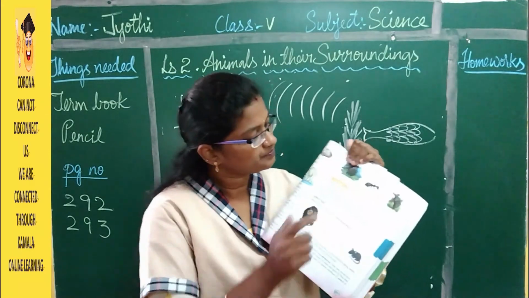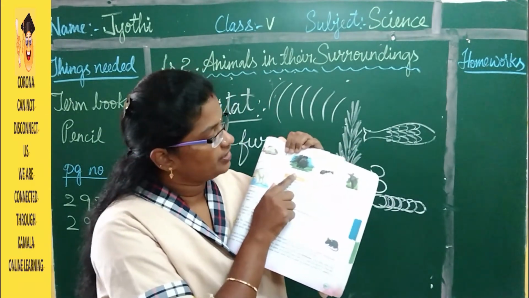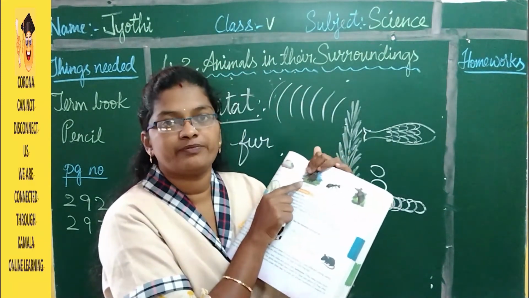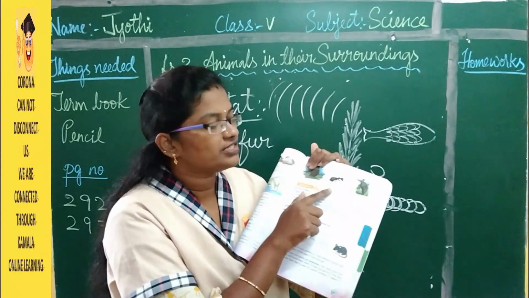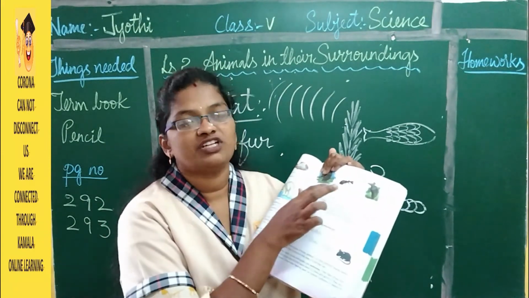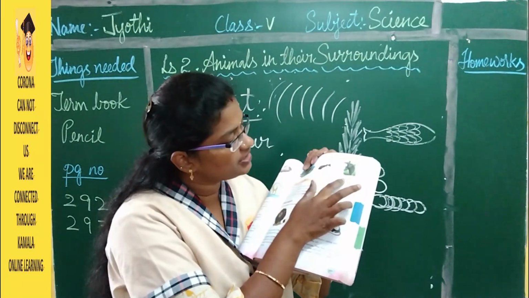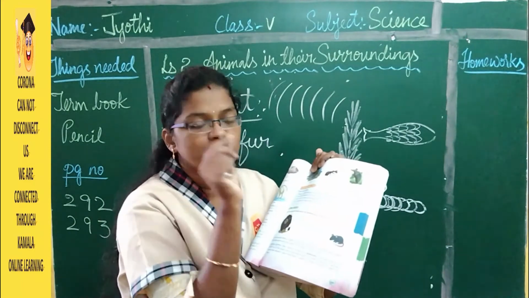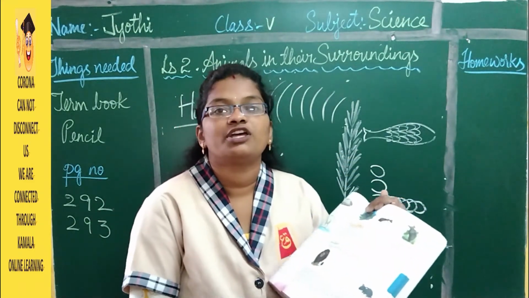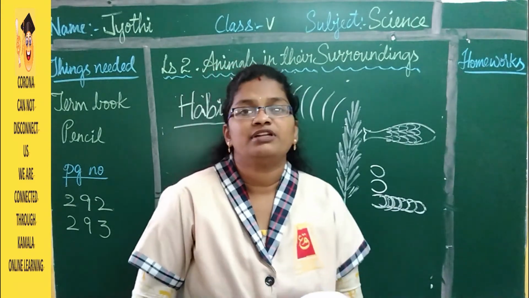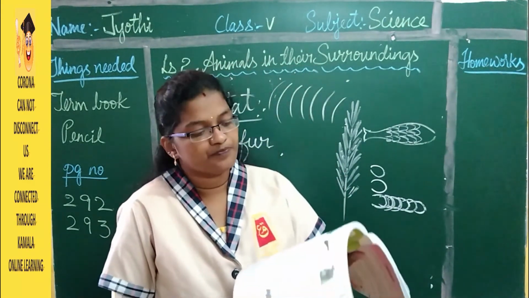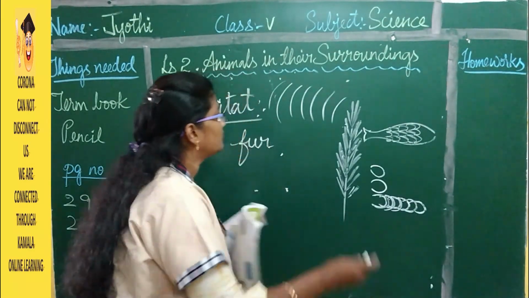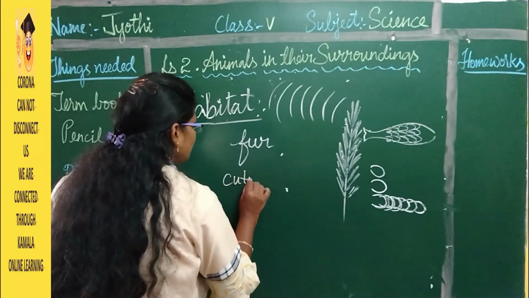So here you can see it is a porcupine. For this porcupine you can see the needle-like structures which protect them from the enemy. And if you see, this ant has a waxy coating around its body, and this is an armadillo. So here it has scales with small spines on its body. So they are going to help the animal against the enemies. And here the waxy coating of the ant is called cuticle.